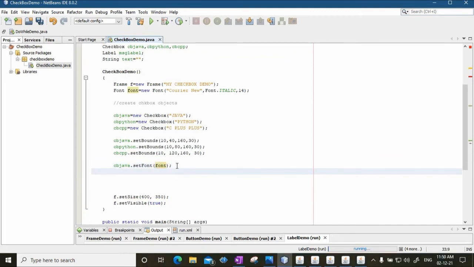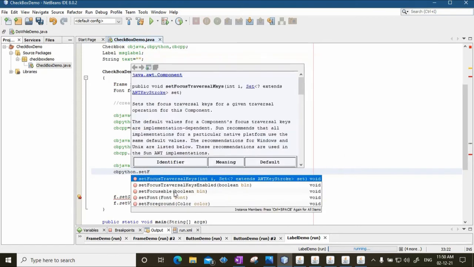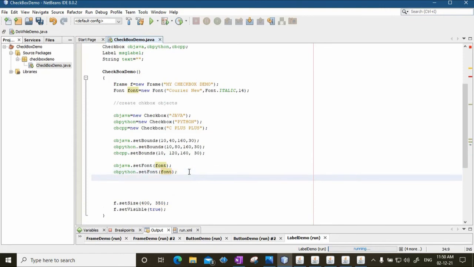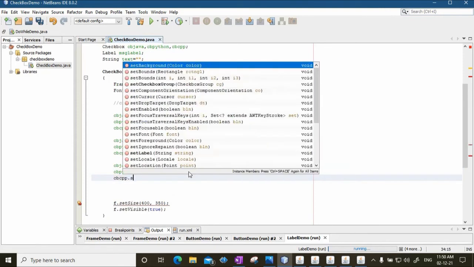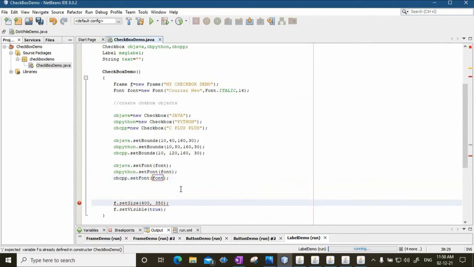Similarly, cbPython.setFont, the name of the font is font only. And finally cbCPP.setFont, and the name of the font is font.